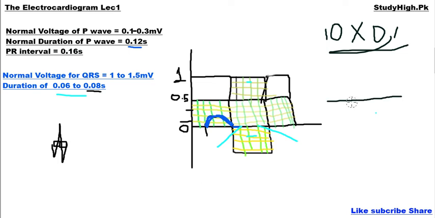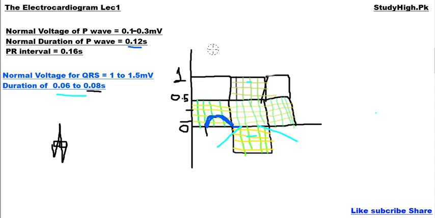Because in some cases, as you will see in our coming lecture, in the QRS complex there will be a large portion projected downward and a small Q projected upward. In such cases we do not say that its voltage is only 0.5 millivolt, because we calculate the total voltage area covered by this QRS complex wave, whether in the positive or negative direction. Positive or negative direction occurs on the basis of the position or location of the leads that we provide to the heart, which we will discuss in our next lecture.